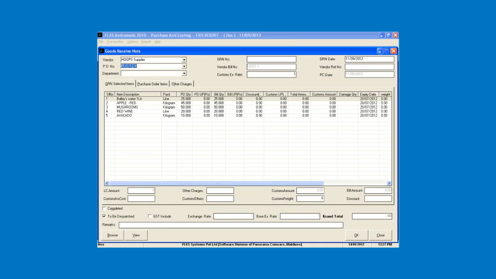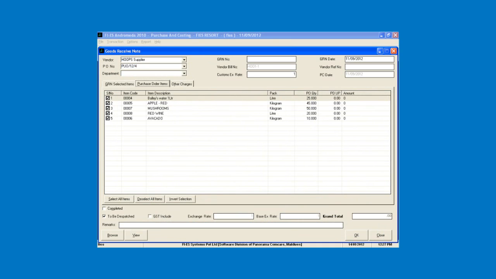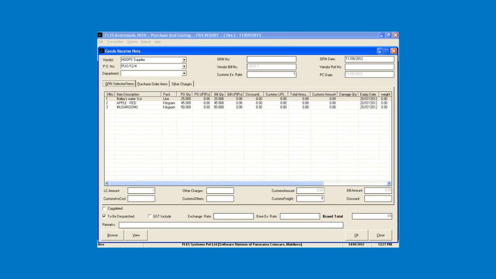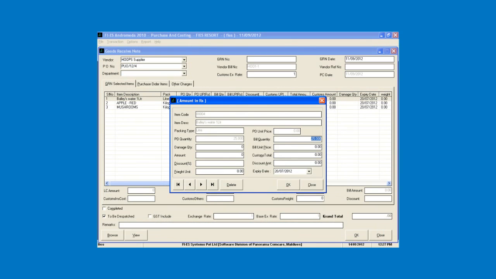If it is in the item itself, then you can select this purchase order item tab, and all the items will get listed. You can mention which items the supplier is not going to send. So I am mentioning that red wine and avocado he is not going to send now. Only 3 items he is going to dispatch. Coming back to the GRN select items, only those 3 items will get listed, and you can mention if there is any change in quantity